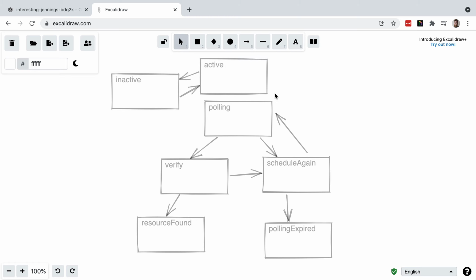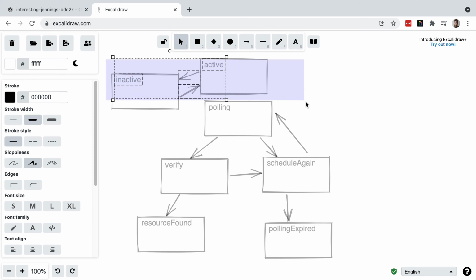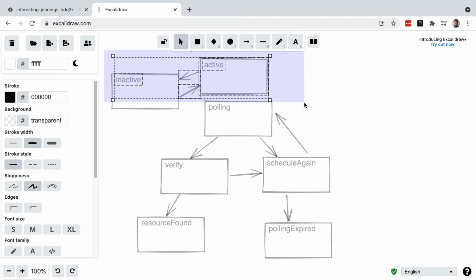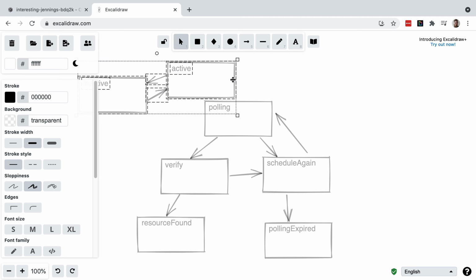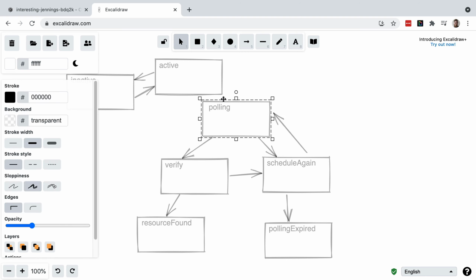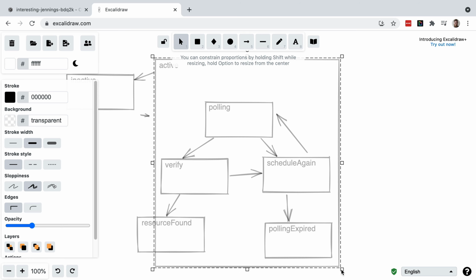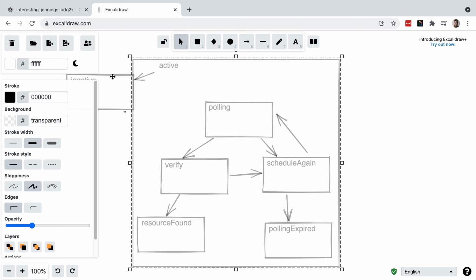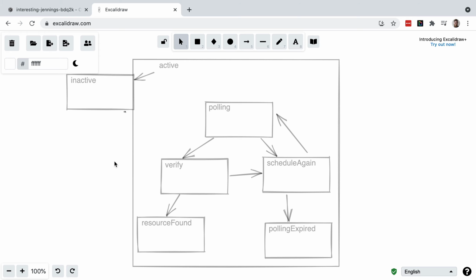And then this is where I feel like XState really shines, is that I can do some nesting to really help model what I'm trying to do here. So I want to think of everything as sitting inside of,